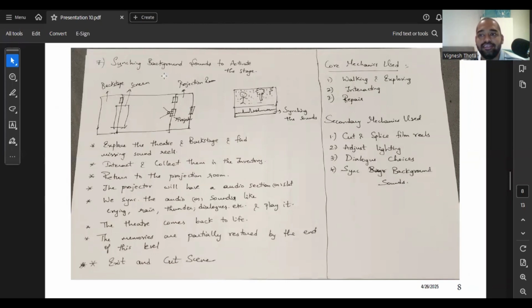final thing of level one, syncing background scores and sounds to activate the stage. In this, as I said, we explore the theater and the backstage. When he's interacting or exploring, he'll find some audio reels. So he interacts with them and collects them in his inventory. He explores the theater, explores the backstage, and gets some audio reels. Then he goes back to the projection room and installs